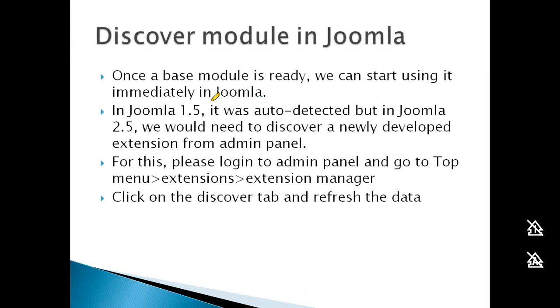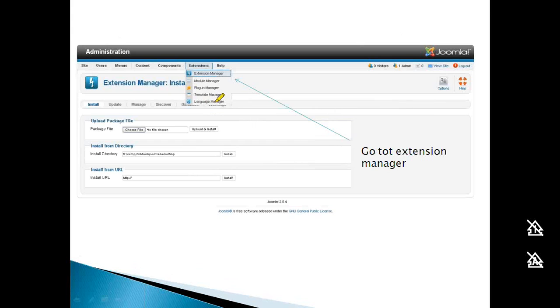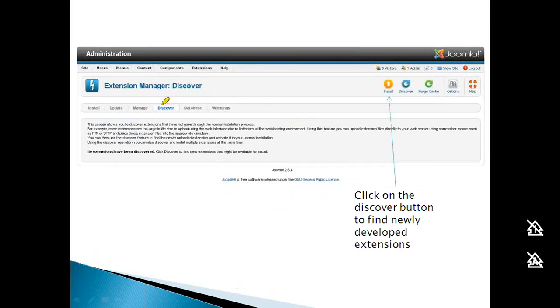We'll go to the Joomla admin panel. Since we have already created a module with the base information, we can discover it very easily in the admin panel. So we go to the Joomla admin panel, then to the Extensions top menu, then Extension Manager, and then on the Discover tab you would need to click on the Discover button.